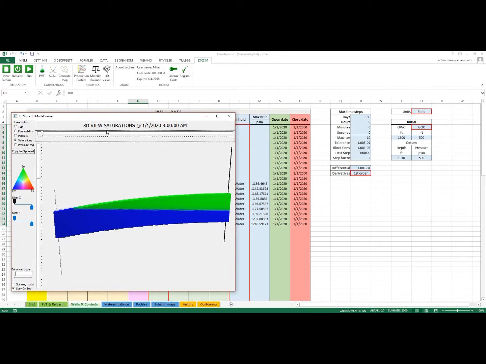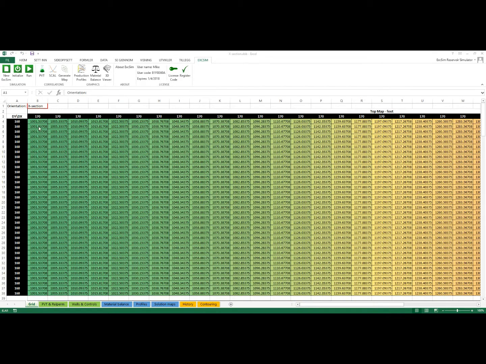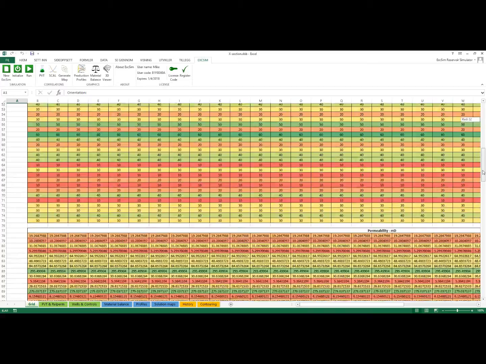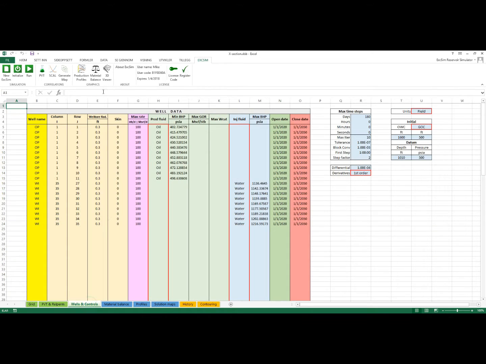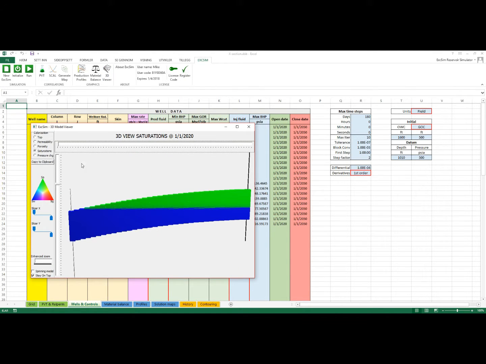It's interesting to see, though. I'm going to keep that one open, and I'm going to open another model that I ran just a few minutes ago, in which if you scroll down to the Y transmissibility multipliers, which in a cross section, by the way, would be the Z direction, the vertical transmissibility. The default value was 1. If you change it to 0.01, we can have a look at how it differs from the case where you had a cone that developed